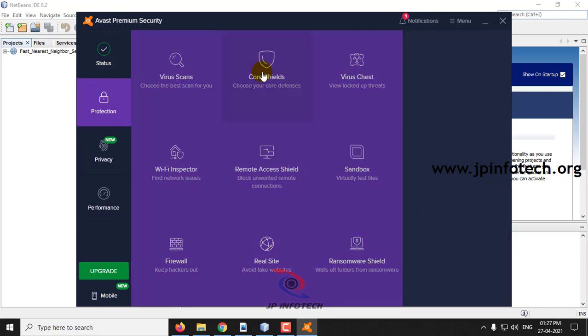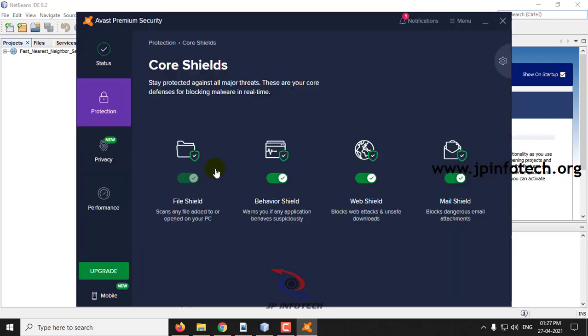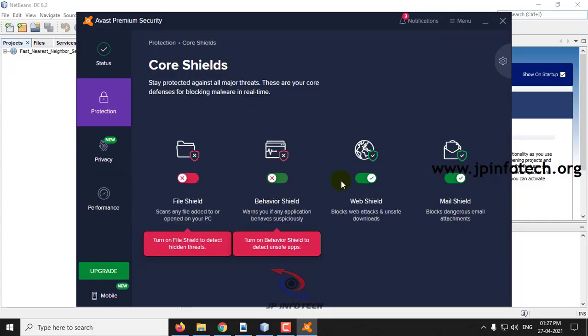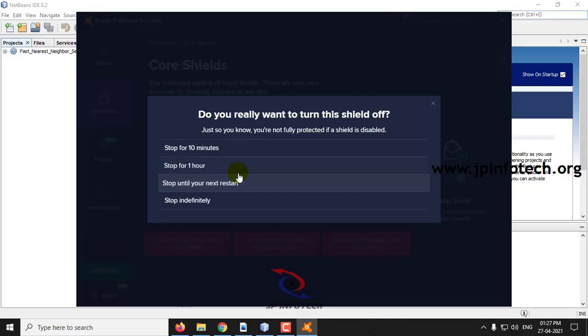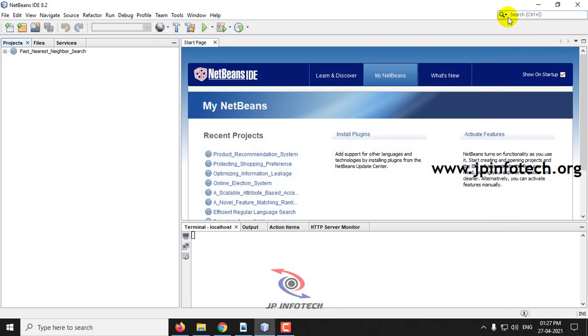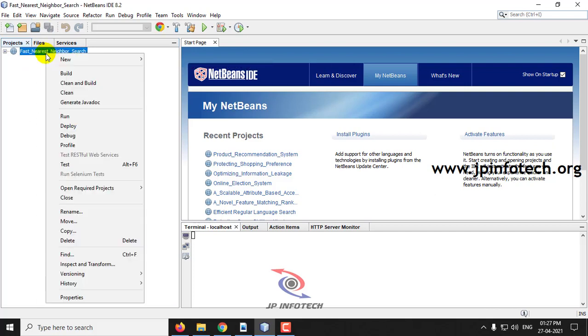So let me stop them temporarily. Now I have stopped my antivirus and firewall, and the project is loaded in NetBeans. Once the project is loaded, just right click it and click run.